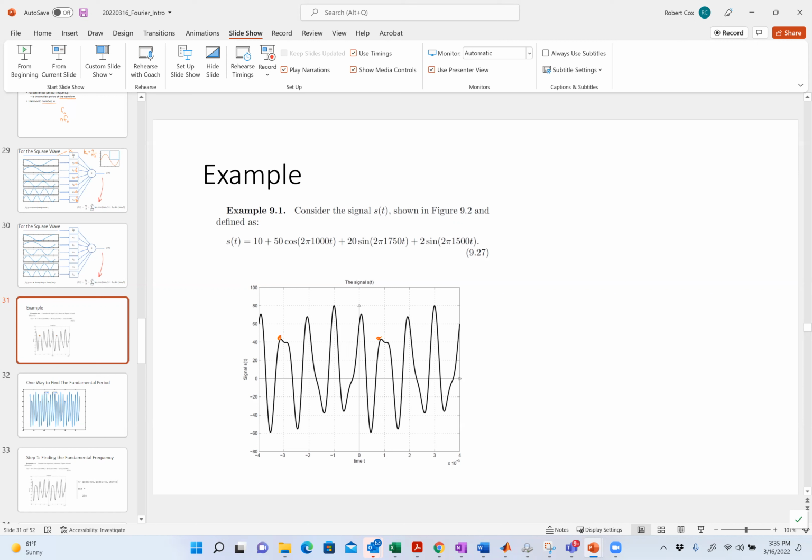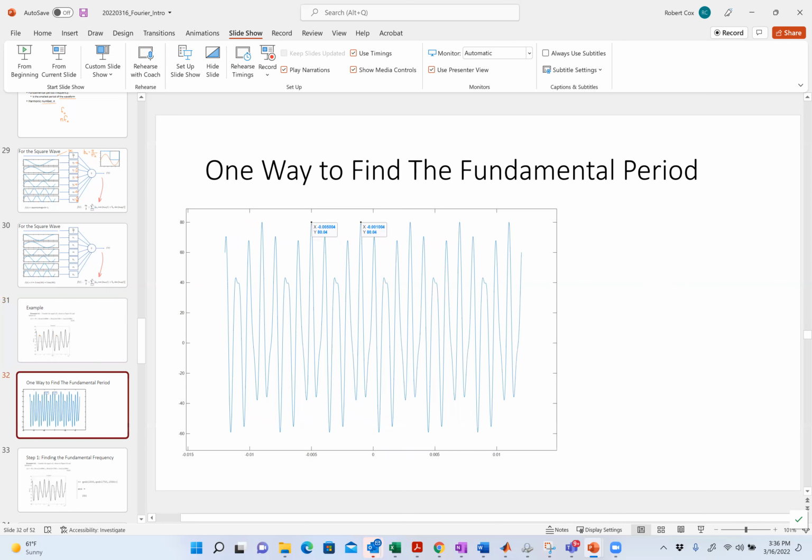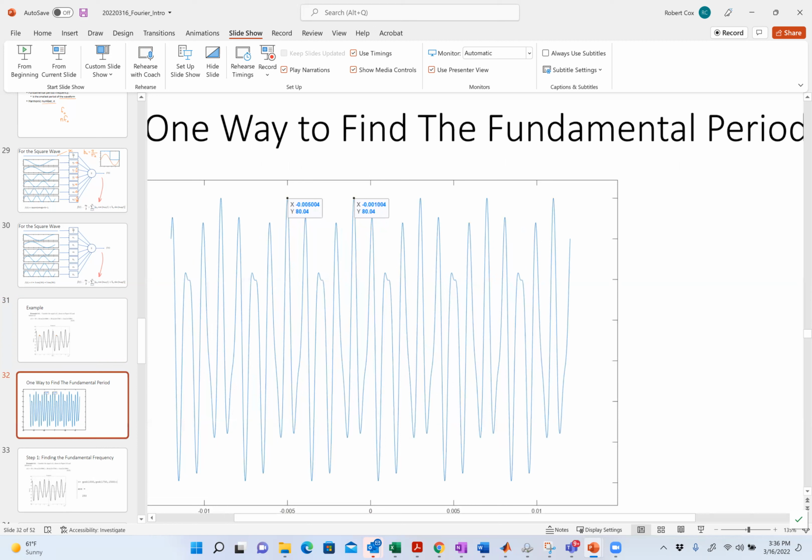I actually have two ways to find a period, right? How would I find a period? Well, what's omega here? Looking at this, I can't really tell what omega is. Can you? Well, one way to do this, what I did, I plotted it in Matlab and I said, all right, what's the time between two peaks? So I know that it repeats over this time period. And so I did a data tip here and zoomed in on that,